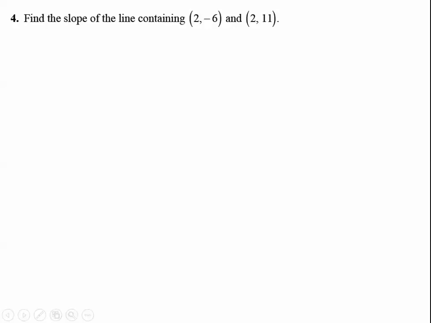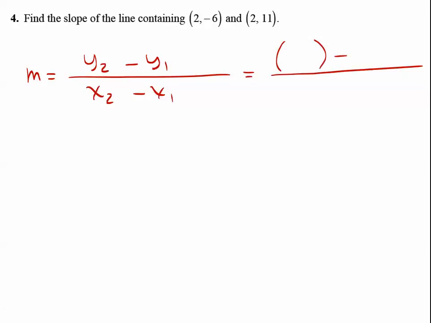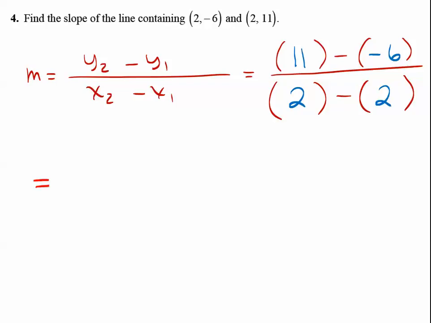Okay, let's go for it. So slope formula, there it is, and there's my parentheses with minuses in between. I got 11 minus a -6 on top. I got a 2 minus a 2 on the bottom, and that's the problem, that little 2 minus 2 on the bottom. If I change it to addition, I get 17 on top, but I get a 2 minus 2 or a 0 on the bottom. Can't divide by 0. So the answer is,